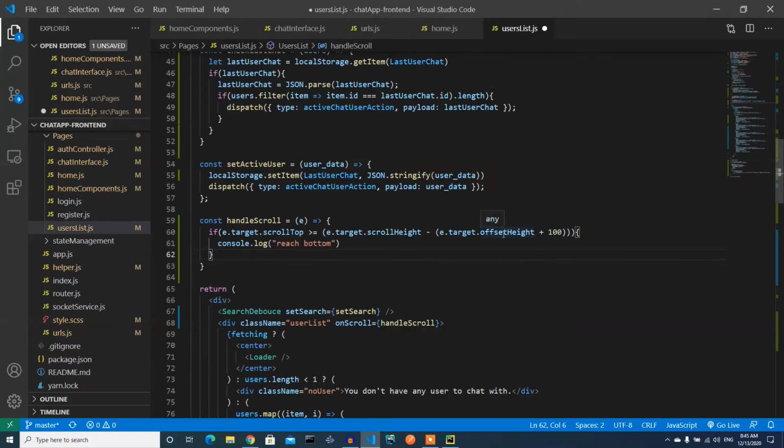Alright, so the error we had the other time was as a result of us using equals to. That means it's only checking if it has reached the bottom. But now I've changed it to greater than or equals to. So now I can reduce the offset. That means before it actually gets to the bottom, with an offset of 100, we can start checking